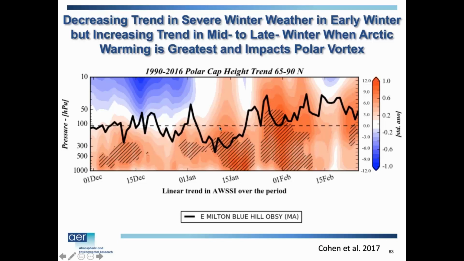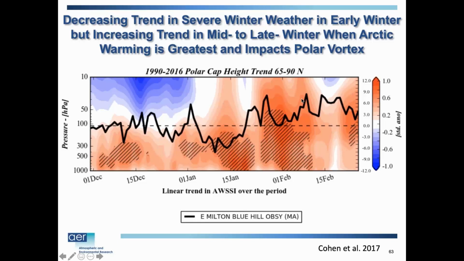This black line not only represents the zero line for the trend of severe winter weather, but also kind of divides the stratosphere and the troposphere. And you can see, even though the troposphere is warm throughout the winter, this cooling in the early part of the winter, and then you get these polar vortex disruptions in mid to late winter. And the severe winter weather index across Boston was either normal, no trend, or a weak decreasing trend before these polar vortexes. Following these polar vortexes, you can see there's actually an increasing trend in severe winter weather.